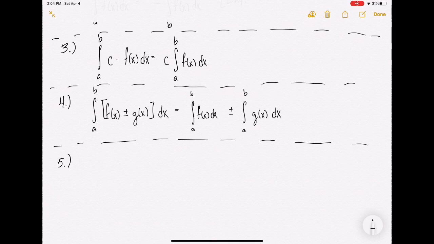Number 5, though, this is kind of a new one. This is interesting. So if A is less than B is less than C,